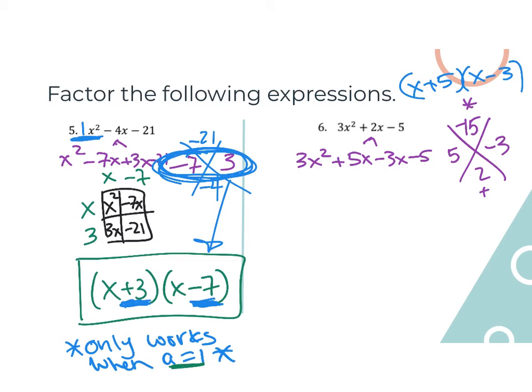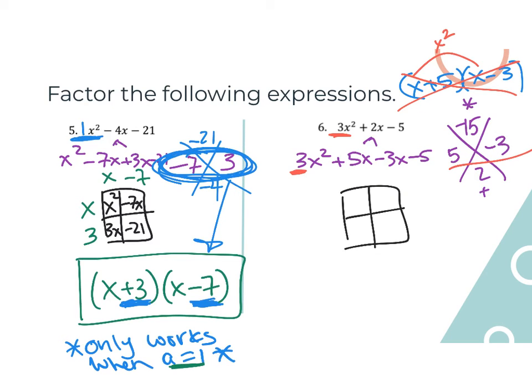Because whatever I get should match this? Well, that is not the case here. Because if you think of multiplying this back together, x times x gives you x squared, but you're missing the 3. That's why it doesn't work when your a is not equal to 1. My a isn't 1 here, so these can't just be my factors. I have to go through the process of doing the reverse box to figure out what the rest of the